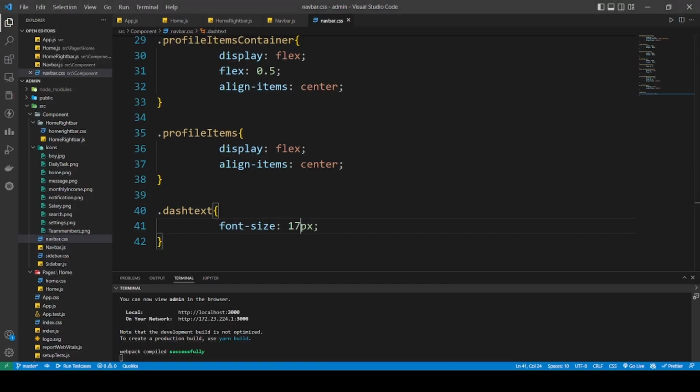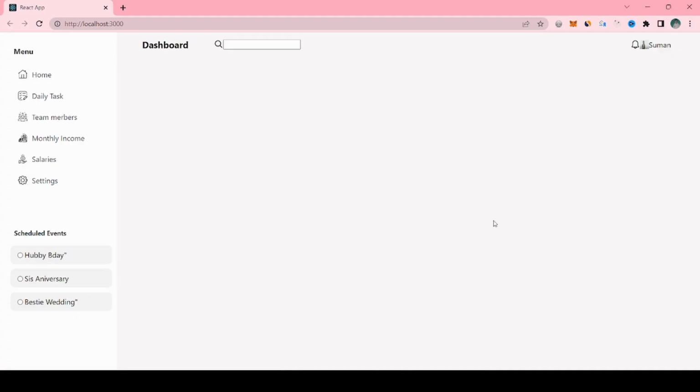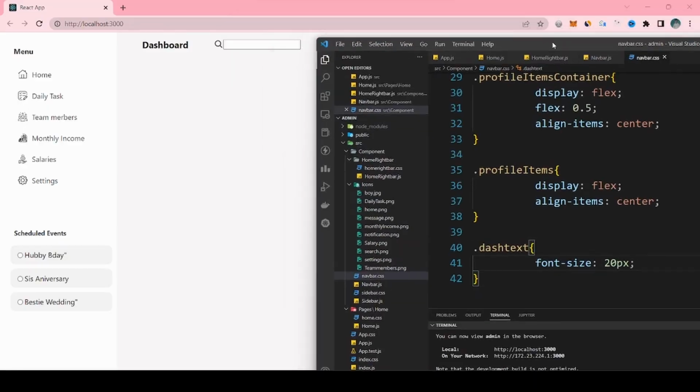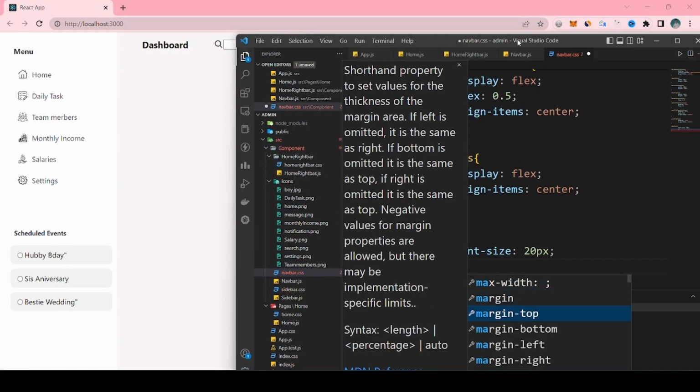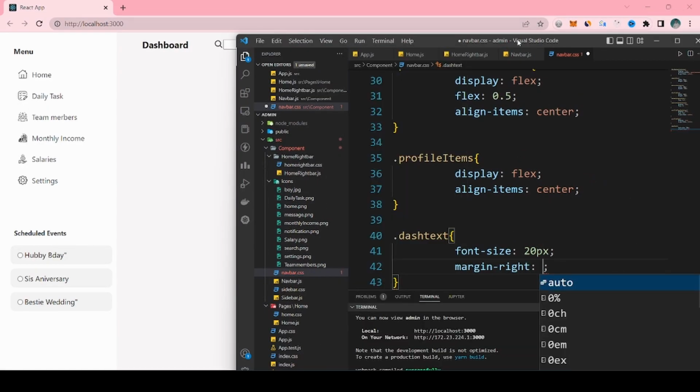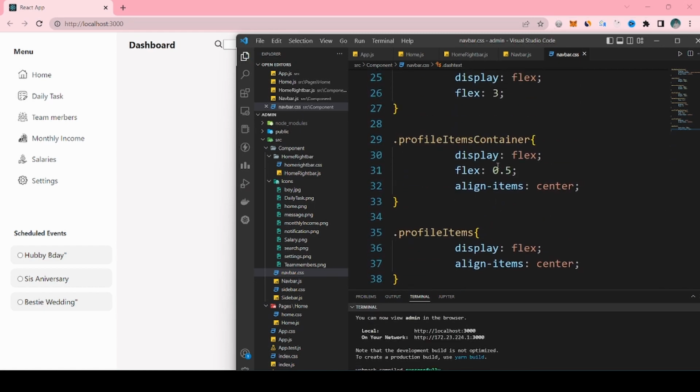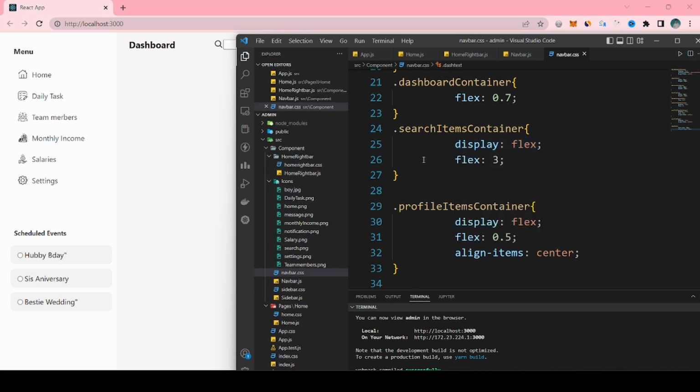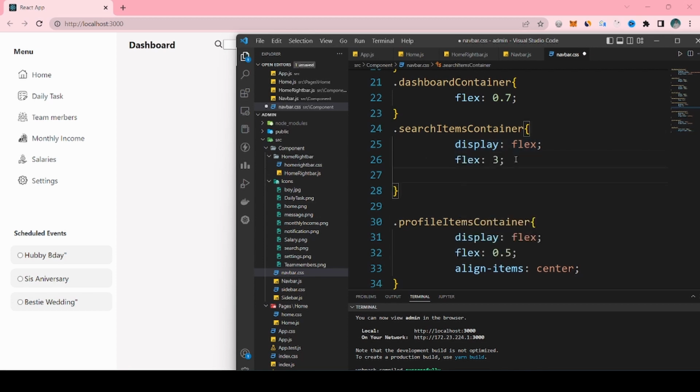Not 17, let's write a 20. Yeah, so 20 would be enough. Let's write a margin right which is 38 pixel or something. Okay, so I'm gonna write a 58. Let's go in our search item container here, and first